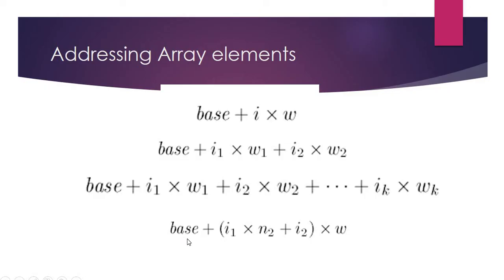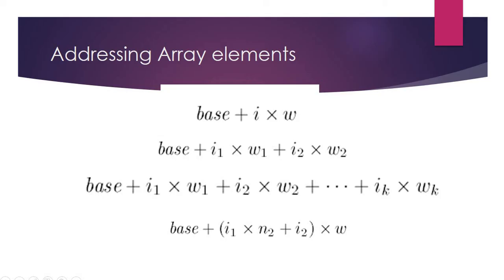So how can we shorten this? If you have a two-dimensional integer array, consider that in a computer architecture it occupies 4 bytes, which means the width will be 4 bytes. So to access a particular element in the two-dimensional array, we take the base address of the array plus the first dimension index value.